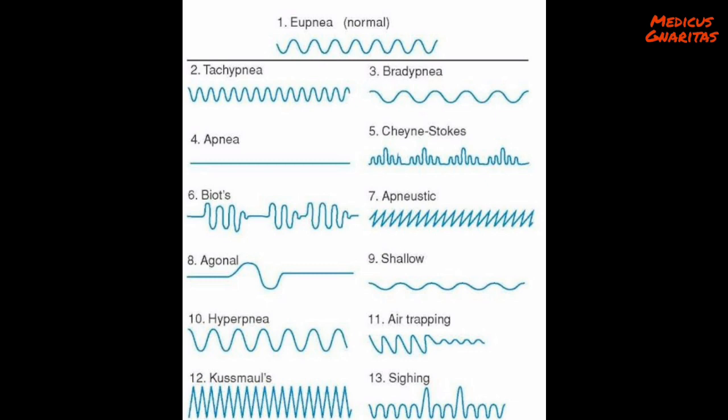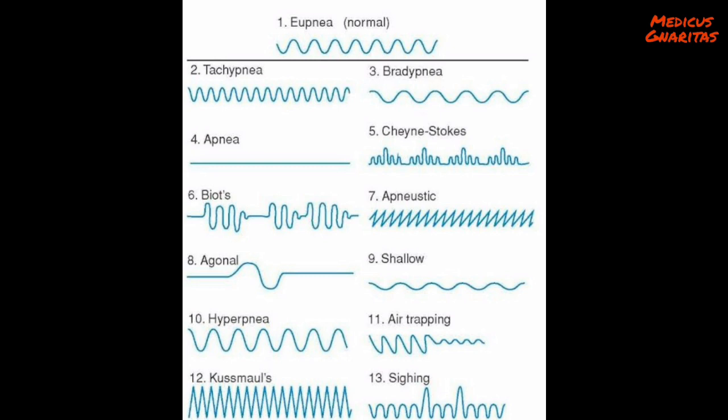Inspection of breathing patterns. Normal respiratory rate is 12 to 20 per minute in adults and up to 44 per minute in infants. Bradypnea is less than 12 per minute. Tachypnea uses accessory muscles of respiration such as the scalene muscles and pectoralis major during inspiration. This is also called shallow breathing and is greater than 20 per minute. Hyperpnea is also greater than 20 per minute and is also called deep breathing.